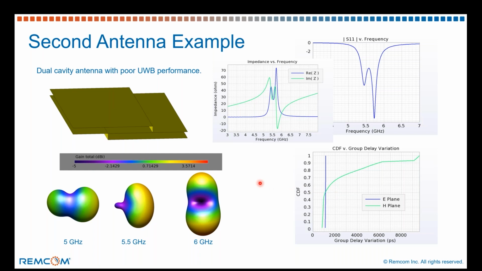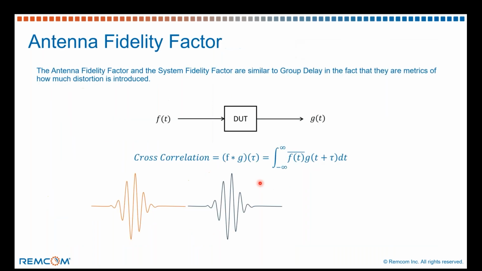And that covers what I wanted to go over in terms of group delay. If we then move on to a second metric, which is an antenna fidelity factor. This is similar to group delay in that it's a metric of how much distortion is introduced. But in this case, we're looking at an input signal traveling through the device, and then we're looking at the output signal, and we're using a cross correlation to figure out how much correlation there is between the input signal